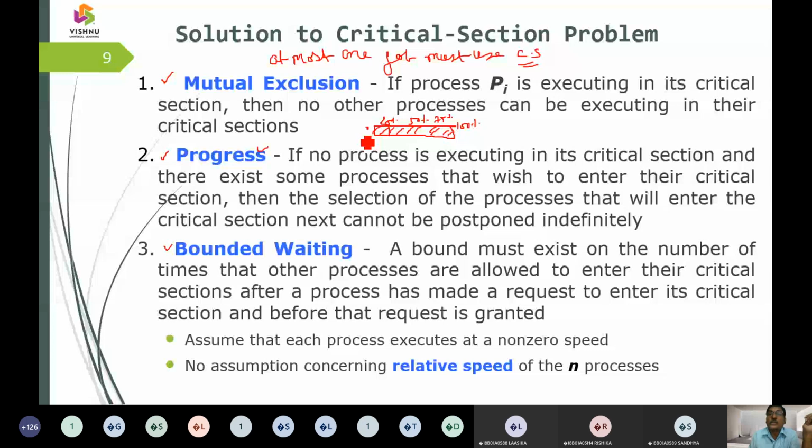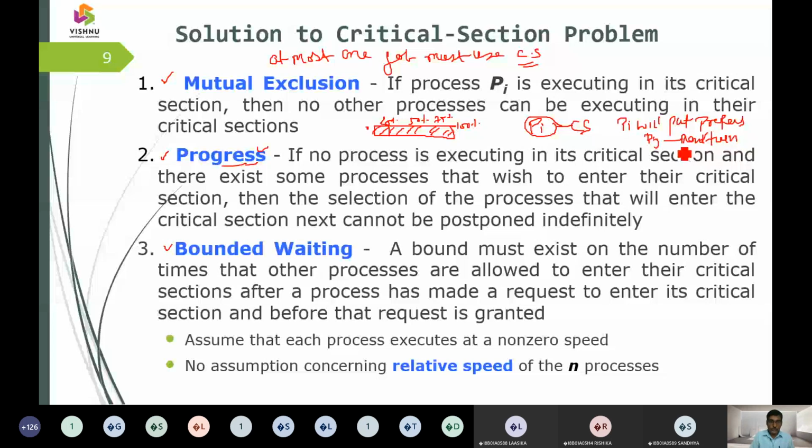So what I am going to say here is, if Pi is going to use a critical section, then Pi will report progress. So what is that progress? It means that Pj can wait for some amount of time, and Pj is told that it is the next turn. So your turn will be next after my use, and now I am using 10%, now I am using 20%, I am using 30%. In this way, it is going to intimate.